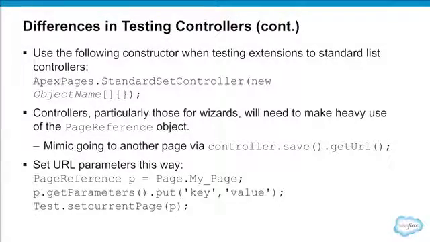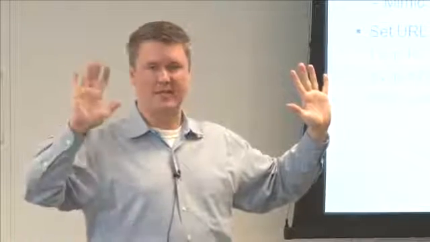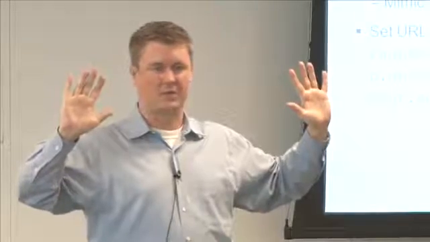The other thing that we can do is test navigation. We can test our navigation by doing assert equals, and we can say, all right, if I call this action method, I should end up on this page. So we would call the action method and then call getURL, which produces a string that represents the destination that we're going. If the user filled out the form correctly, they should land on the success page, so I would then do